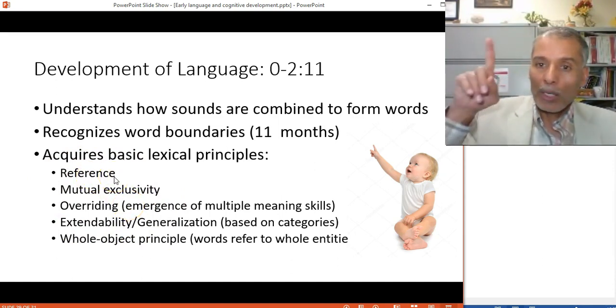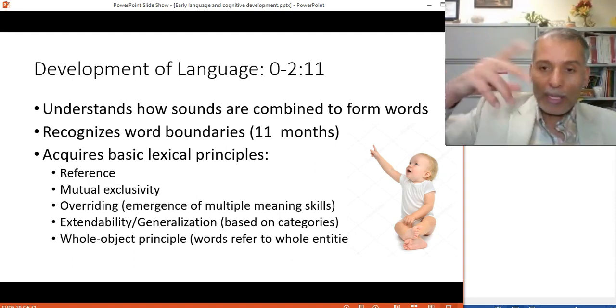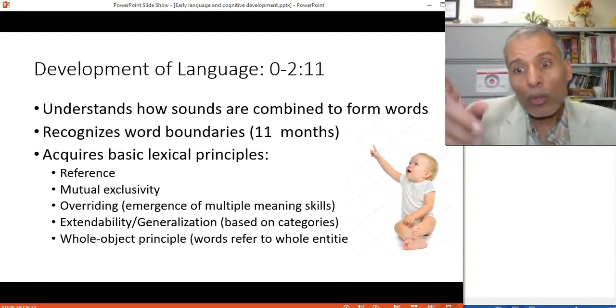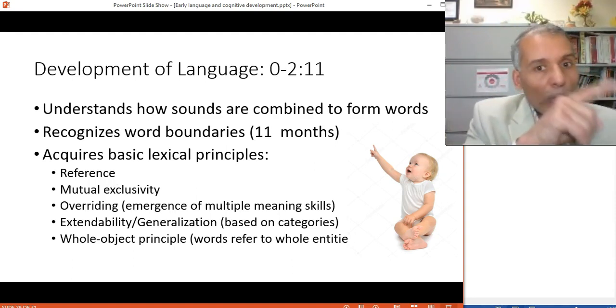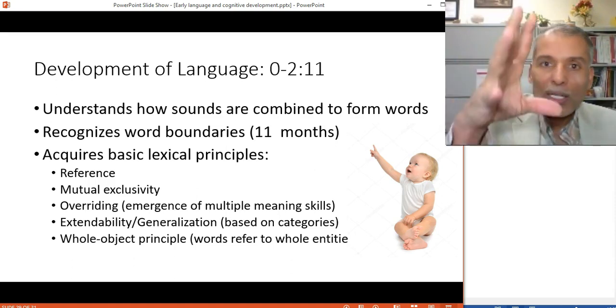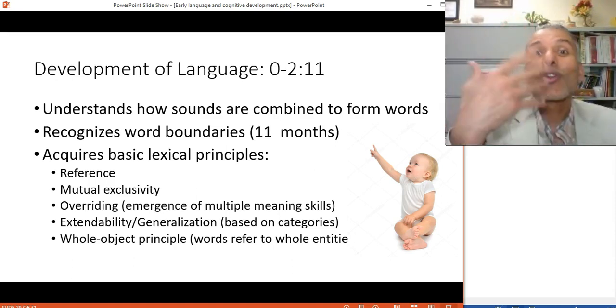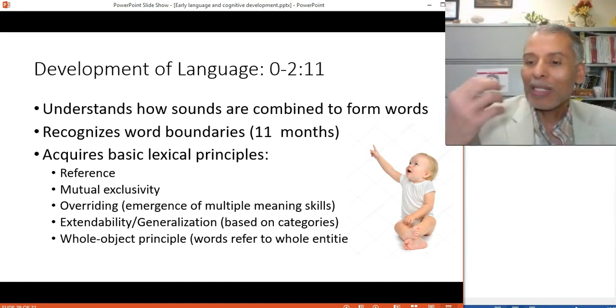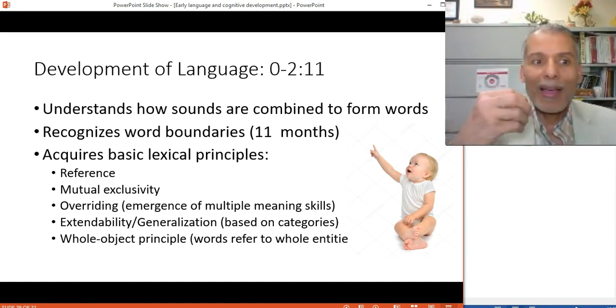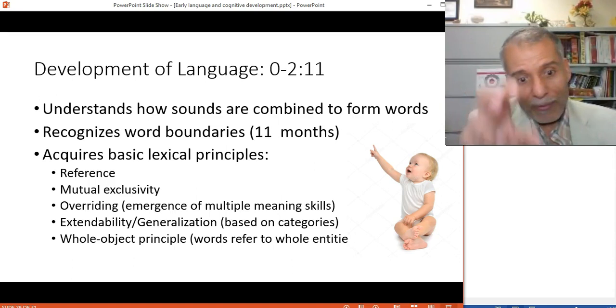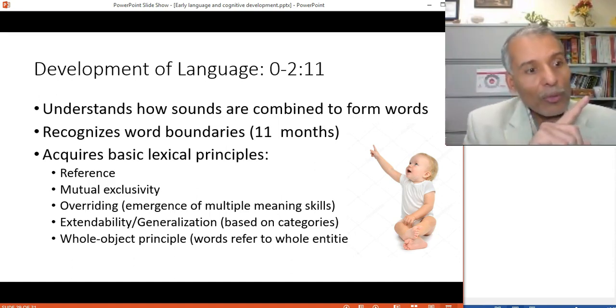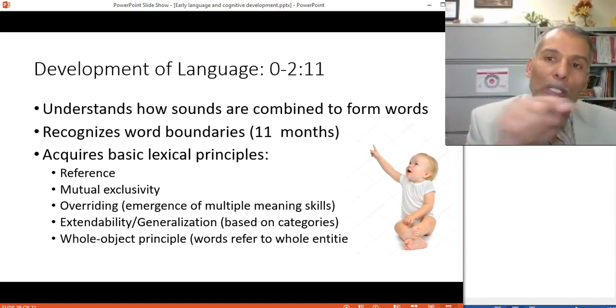Reference: they might point to something, and they come to a point when they are 9 months old. They go around and they point to things. They grab toys and give them to you. They hand you things so that you label them. And they might say the word. And then they look at you and they give you the object and say the word, or point and say it and listen to you. You confirm. This is what they want.